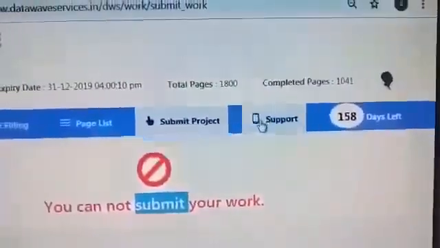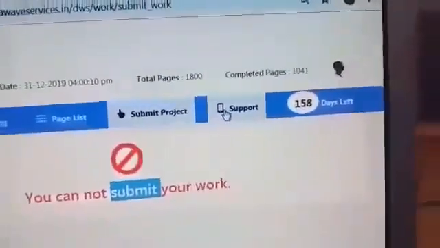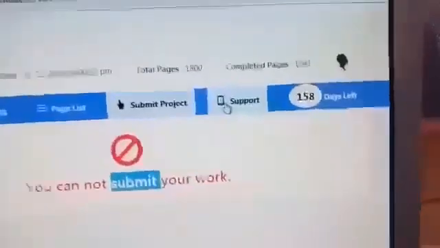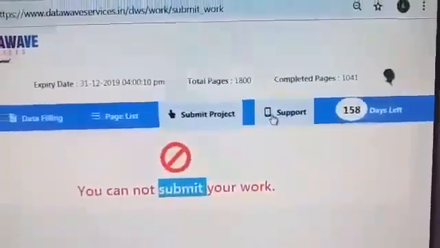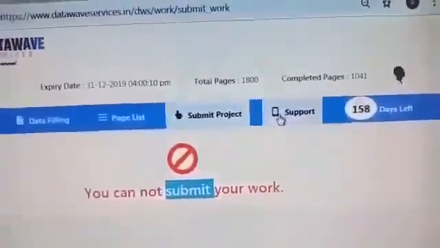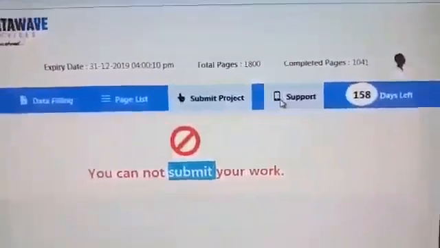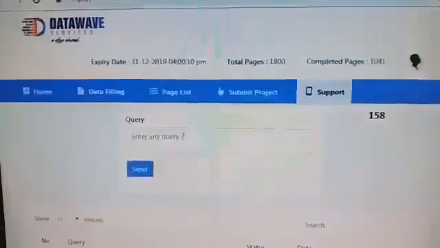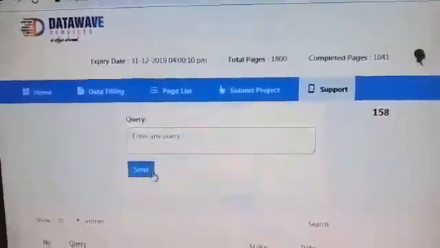If you have any type of confusion or queries, you can use my WhatsApp number, you can use my call number also. You can take a snapshot of that form, highlight where you have confusion, and send that form to my WhatsApp so I can clear your doubts. Or else you can use the support option also. You can write your queries here and send it directly.